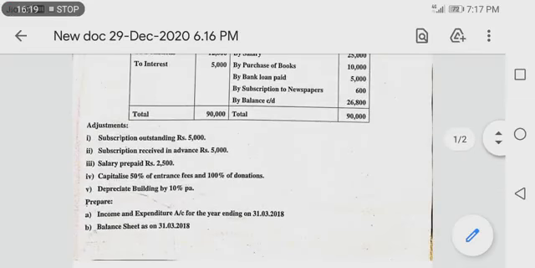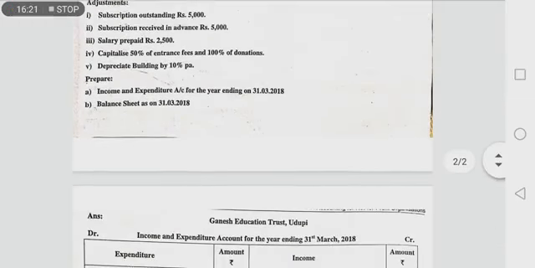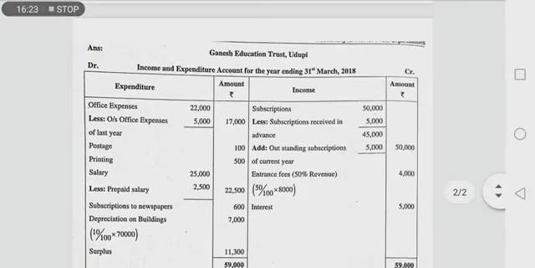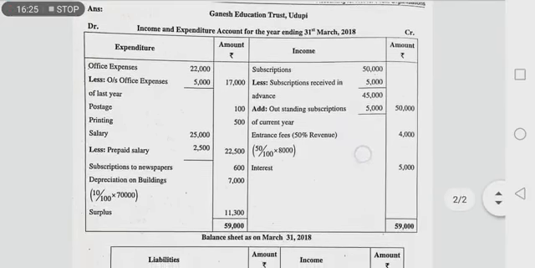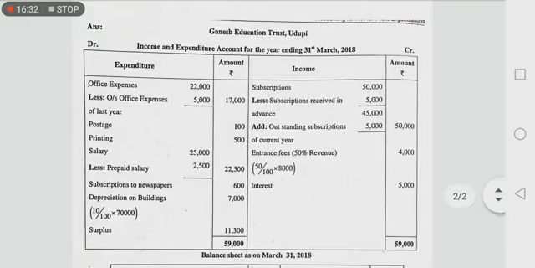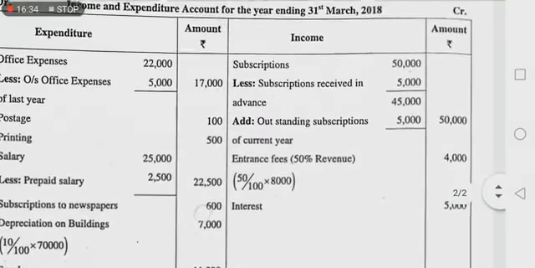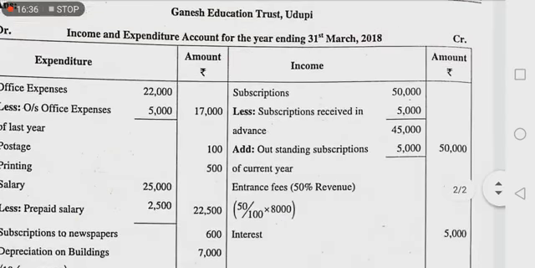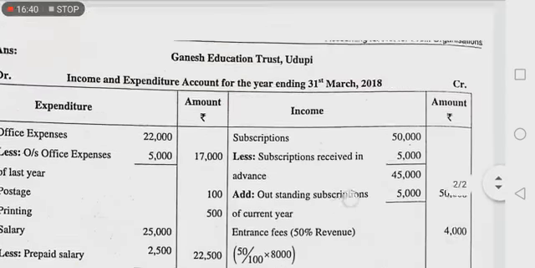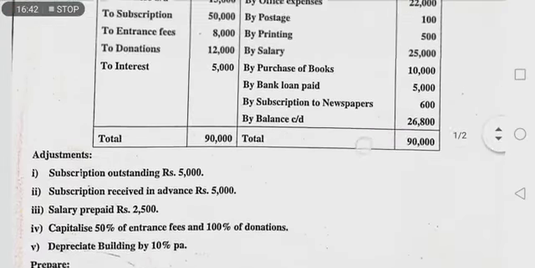Now there are no expenses left without recording. We have recorded all the expenses under the expenditure side of the income and expenditure account. Let us move further. Now let us observe the income side. We have to record the transactions under the income side by looking at the receipts and payment account,